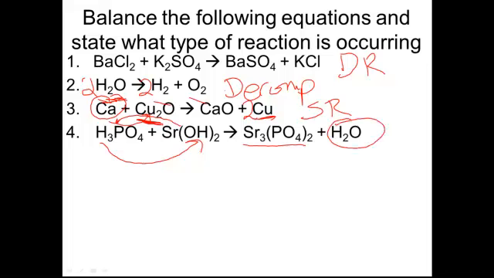So to balance that, let's see, it looks like 3 hydrogens plus 2 makes 5, so that's a little bit off. Let's work on something else. Like for example, I see 3 strontiums here, so I'm going to put a 3 right there. I see 2 phosphates over here, so I got to have 2 phosphates, and that probably is going to help